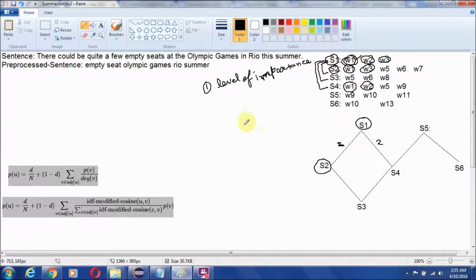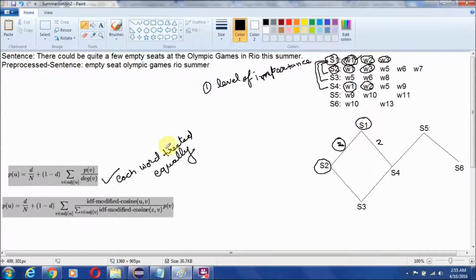So the traditional PageRank based algorithm treats each co-occurring word equally, and if we continue this, then it will be like working with less amount of information. So to remove this